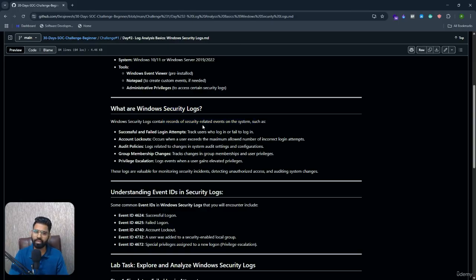Windows security events can be divided into these types. These are different scenarios where you will see Windows security logs or events generated. If there is a successful or failed login attempt, it will track who logged in and whether it was successful or not. Second, user lockout. Maybe when the user exceeds the maximum number of incorrect login attempts, it will generate a lockout log,